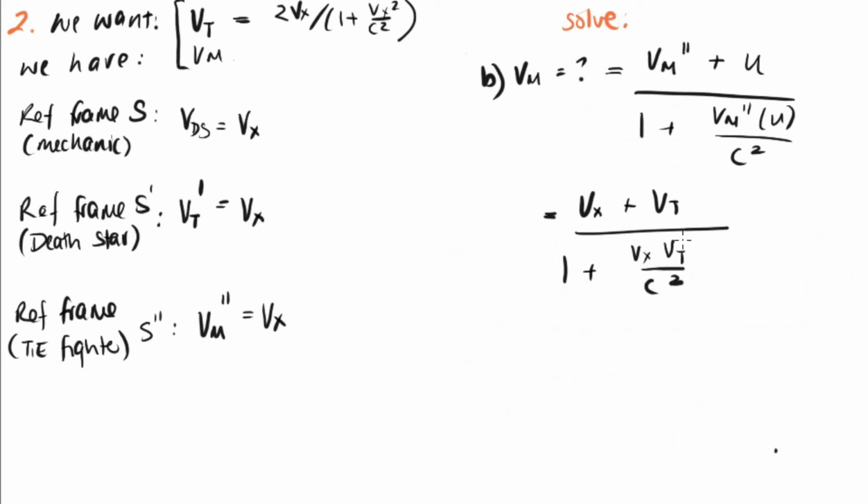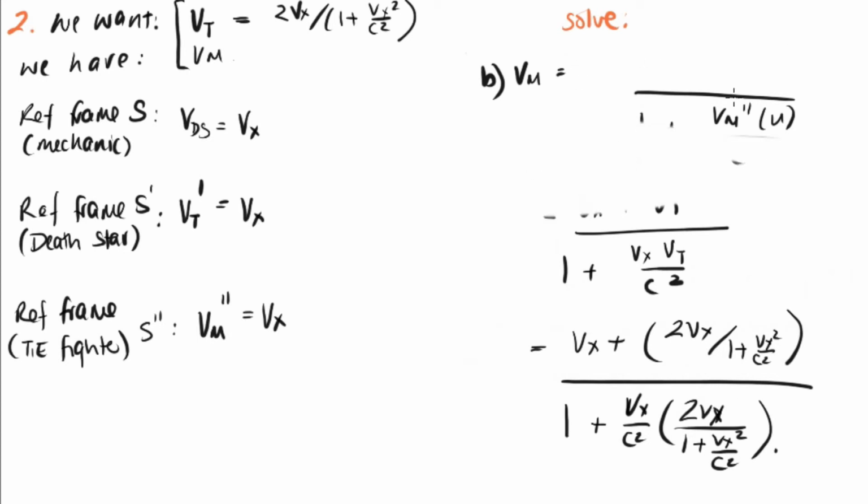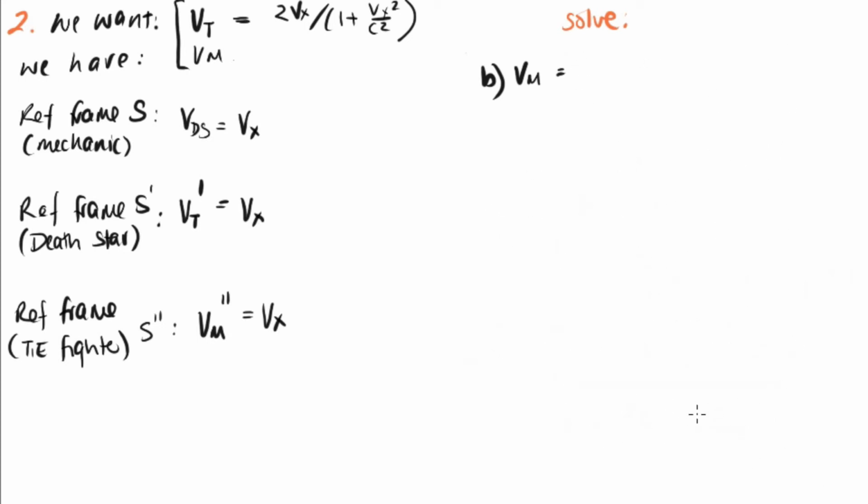So we know that Vm double dash is equal to Vx, and we have our equation for Vt. So I'll split that up into the numerator and denominator, and I'll find a simplified expression for each, and then I'll recombine those expressions back into a formula for Vm. So our numerator is equal to Vx plus 2Vx divided by 1 plus Vx squared on c squared. When I expand that out,